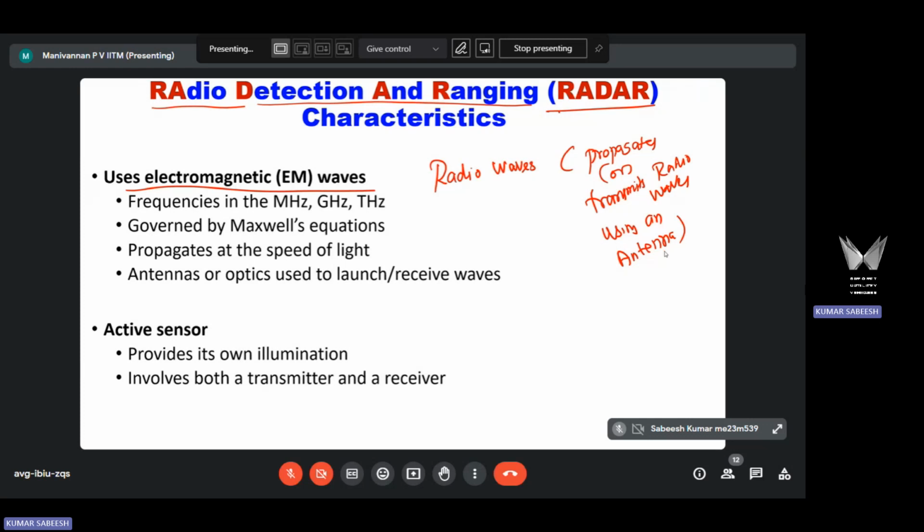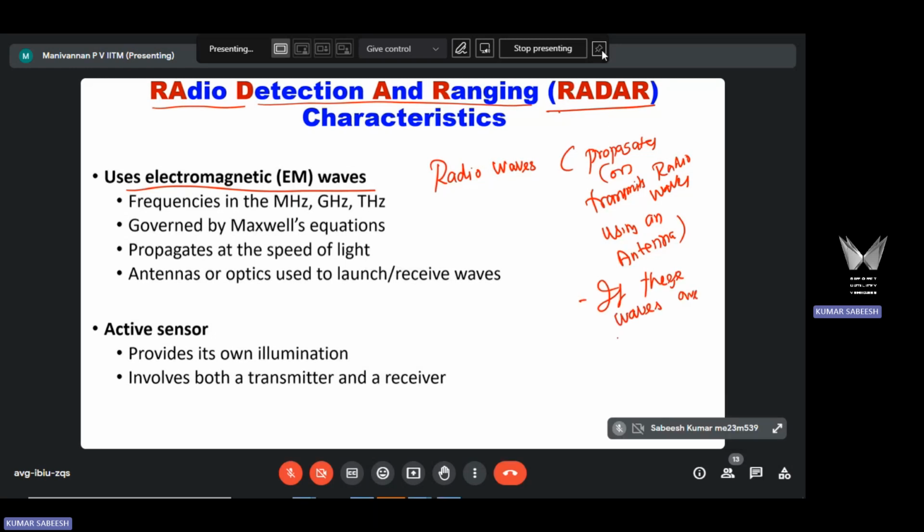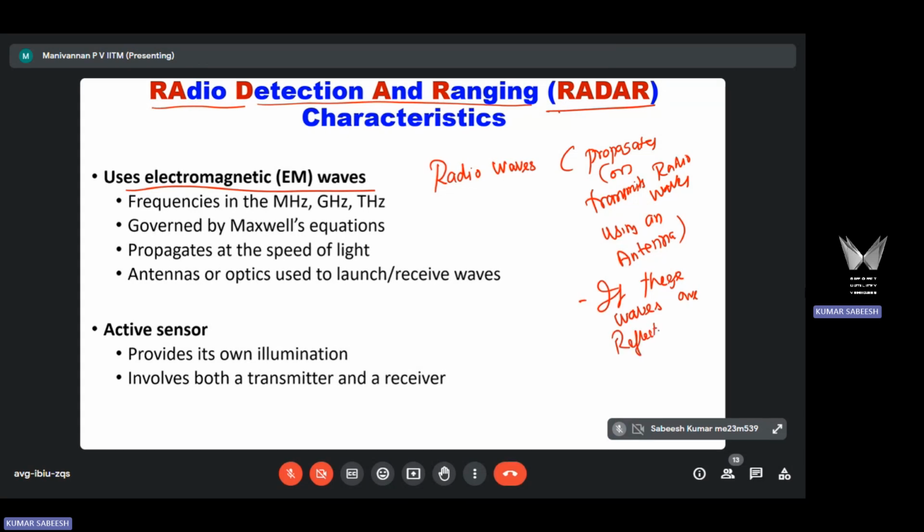Then if it hits an object, the object reflects these radio waves, like light, correct? If you put up a mirror, light will be reflected. Similarly, radio waves can be reflected by objects, but some materials will not reflect, they just